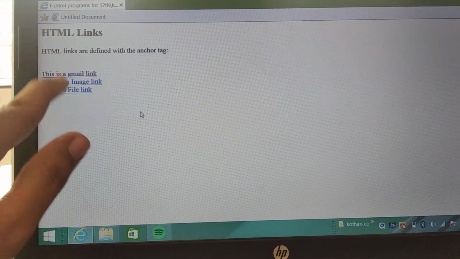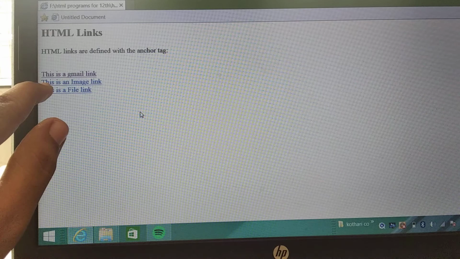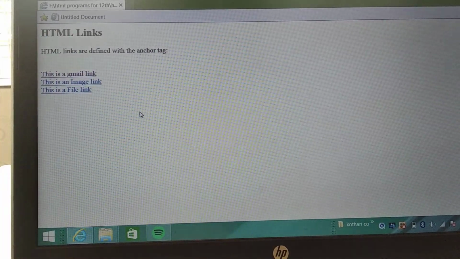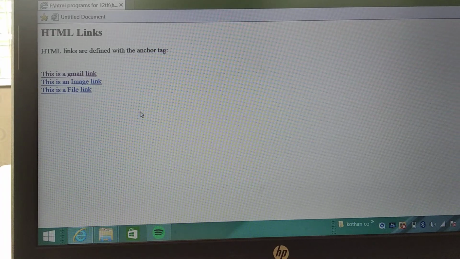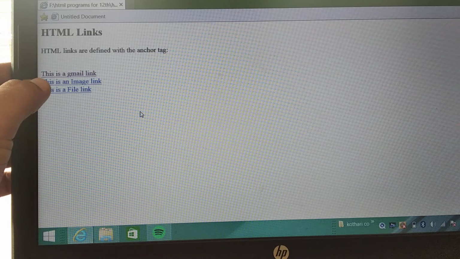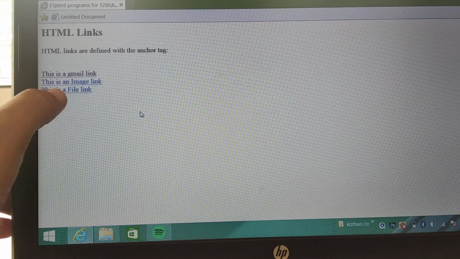This is the output of my file. We have given, this is the Gmail link, this is an image link, this is a file. You can easily see the color of the sentence has automatically changed and is underlined as given there.